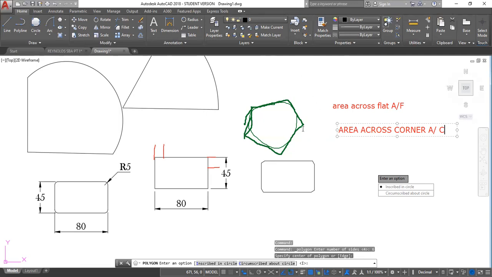We also use circumscribe when given the length of one side. Edge can also work when given the area across corner. So we would select one of these. In this case, I would select this one. It doesn't really matter. And then I would